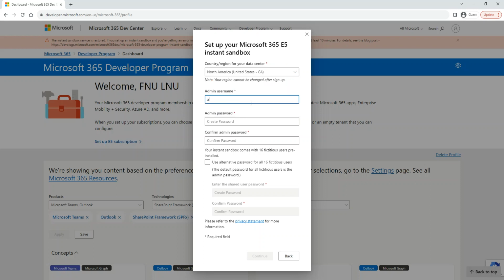I'm going to just name it admin, ADMIN. The password is going to be your strong password. As you can see here, the strong password policy is it has to have a special character, number, capital letter, small letter. I think 12 characters, if I'm not mistaken. So I'm gonna pick those combinations myself. Whatever you pick, write it down.